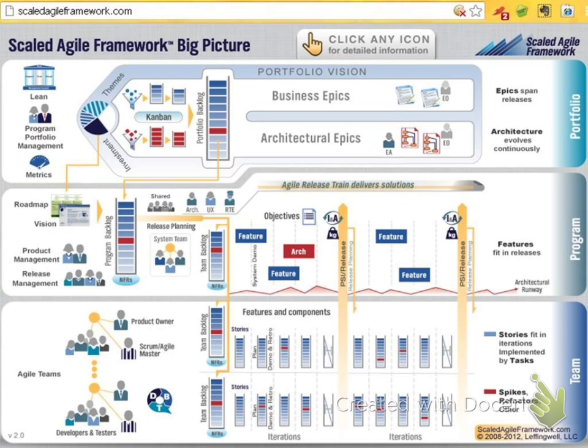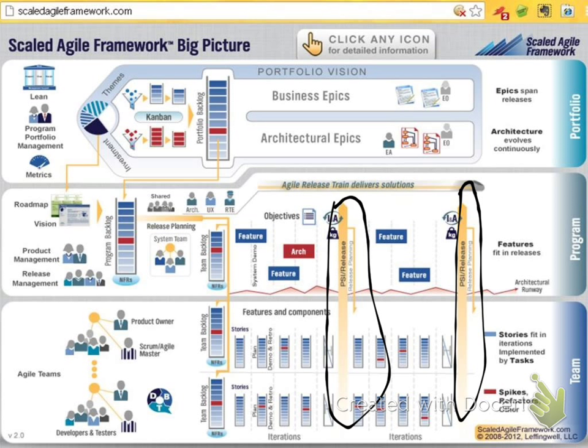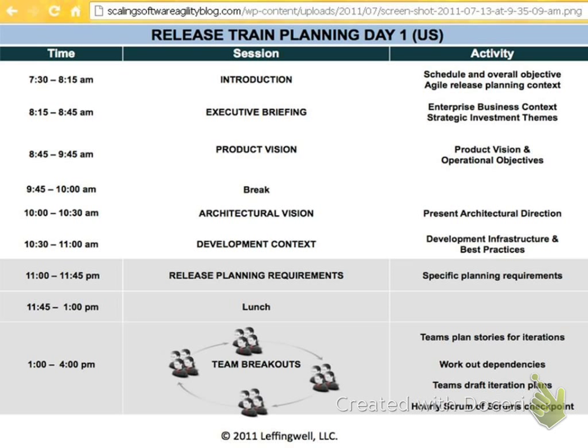So let's talk about the section that usually is the release planning. This release planning is this yellow bar here. For us, it happens every 8 weeks. We do 4 2-week sprints, and then we get back together for what would be called another release planning session. This release planning session usually is a 2-day event. Kind of looks something like this.